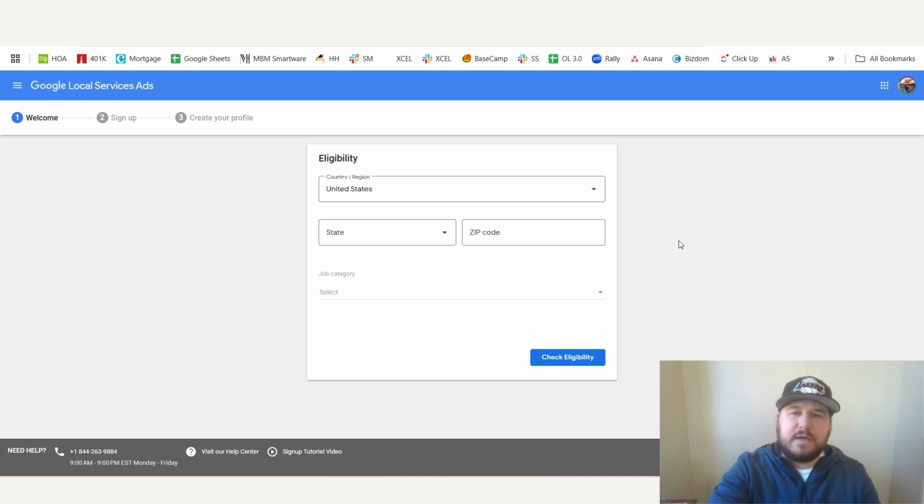So that's the one downfall to Google service ads, is the application process can take a little while. And if you're doing this yourself and have never done it before, it can take even longer. But if you use a company like mine or another marketing company that has experience with Google local service ads, there's little tips and tricks to help expedite the application process. So if you haven't figured it out by now, yes, my roofing company did utilize Google local service ads to get 4 jobs in their first 60 days that resulted in quite a bit of revenue for them.